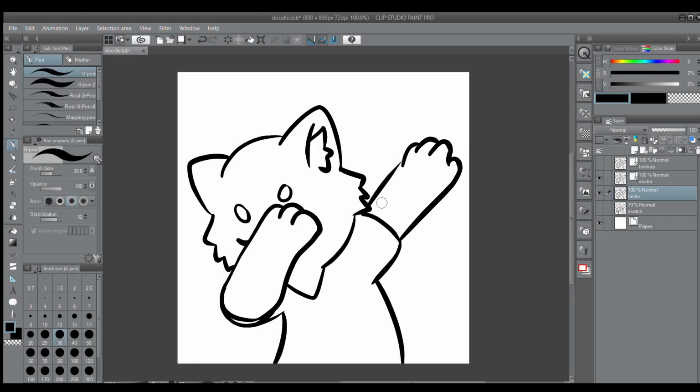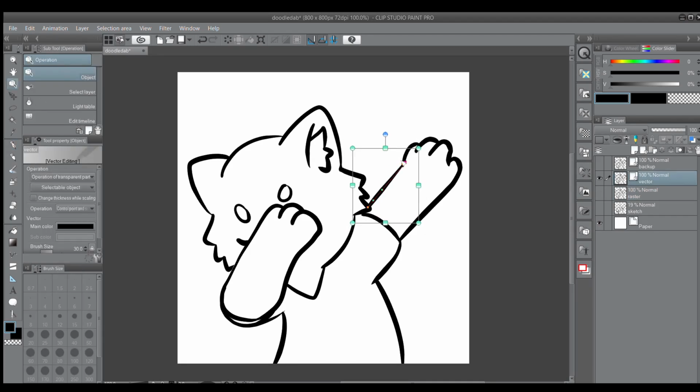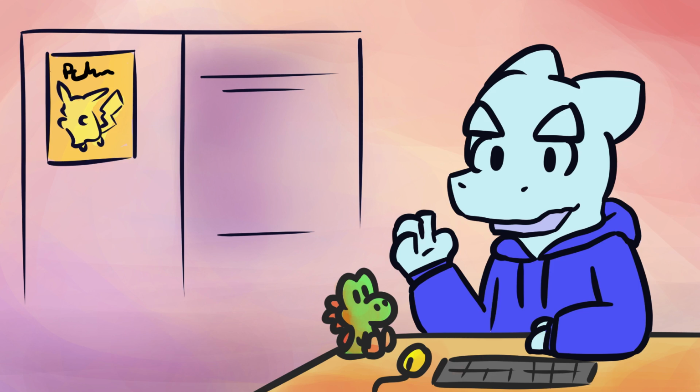Normally if you mess up line art, you usually have to redraw it because of the fuzziness that I mentioned earlier when you try to adjust it, but vector line art can be adjusted as much as necessary without losing its quality. It's also worth noting that vectors aren't perfect and amazing for everything,